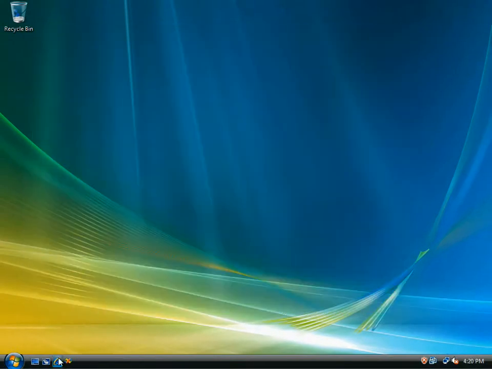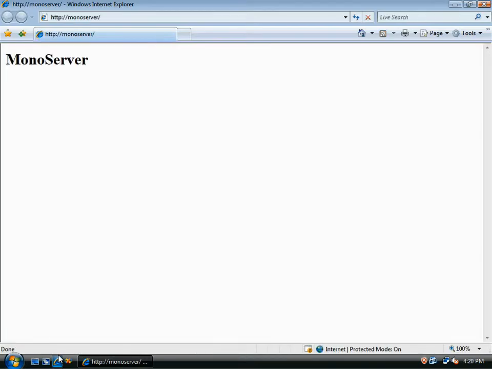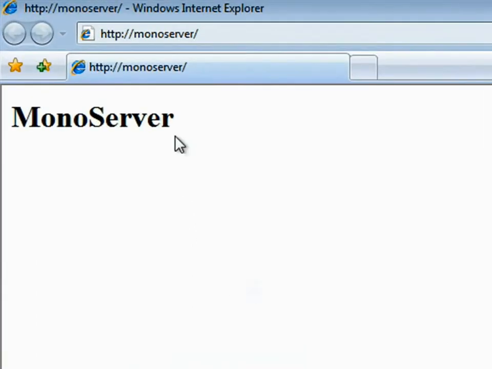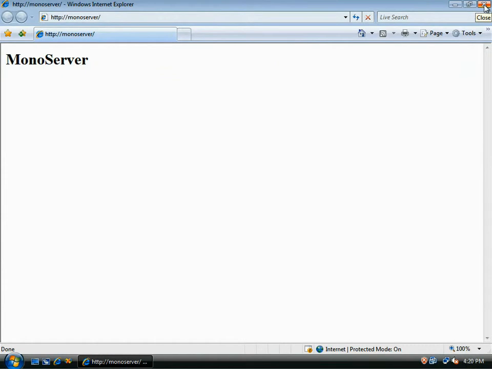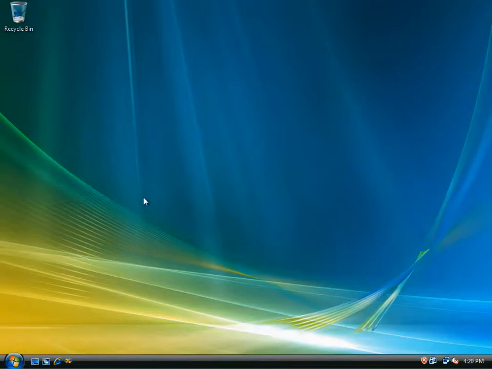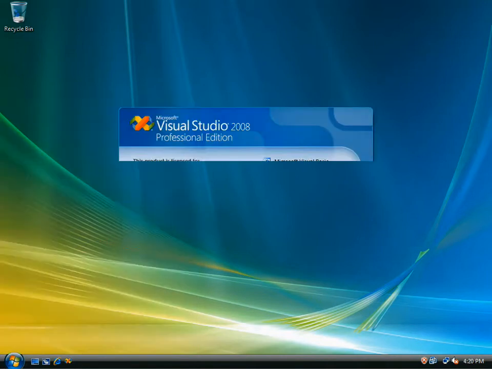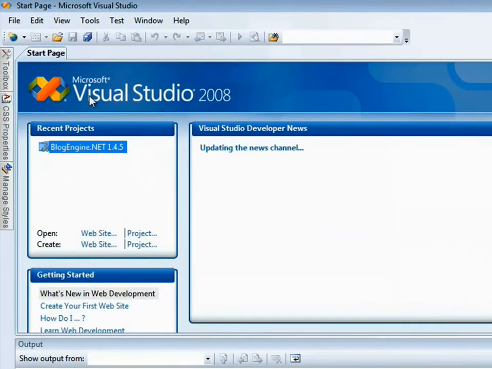Also, if we run Internet Explorer, this is a very simple homepage, and this is pointing at our Mono server running over on the SUSE Linux Enterprise server. The Vista workstation is connected to the web server, which is running on Linux. The next part of the demo environment is Microsoft Visual Studio 2008, and if I open that up,